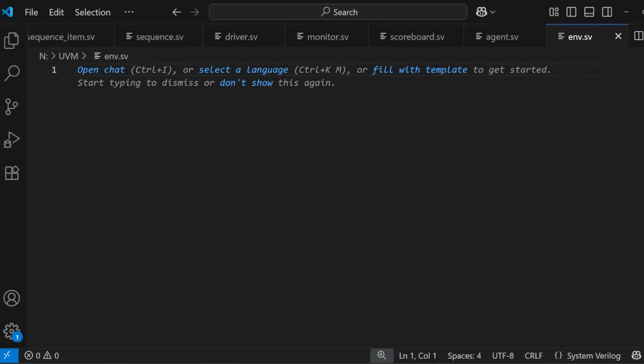So in this video, we are going to write the code for the environment class, and the environment class is an even higher level in the hierarchy than the agent, and it should have the instance of the agent and the scoreboard, and it should also establish the connection between the agent, or more specifically